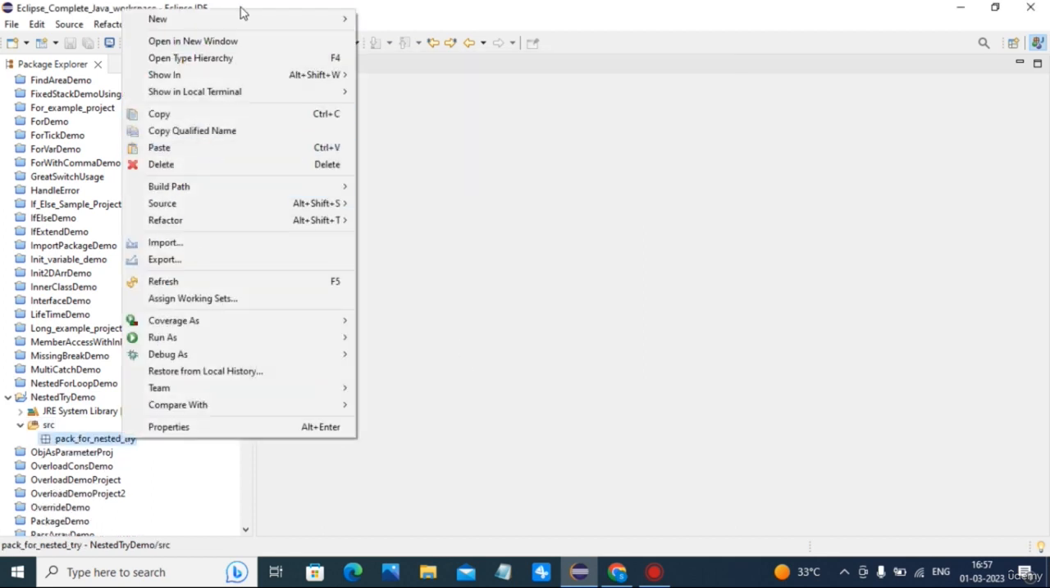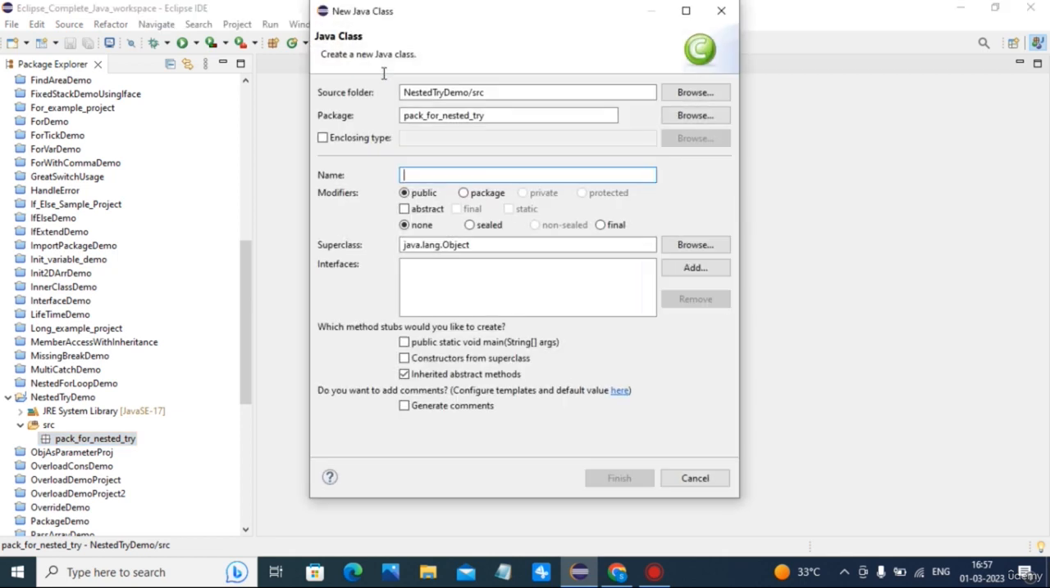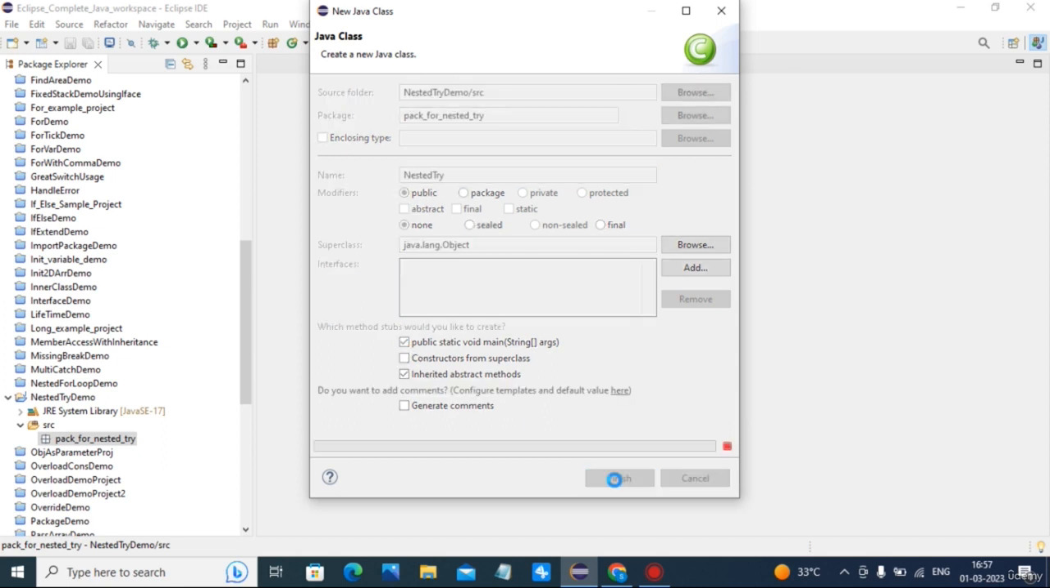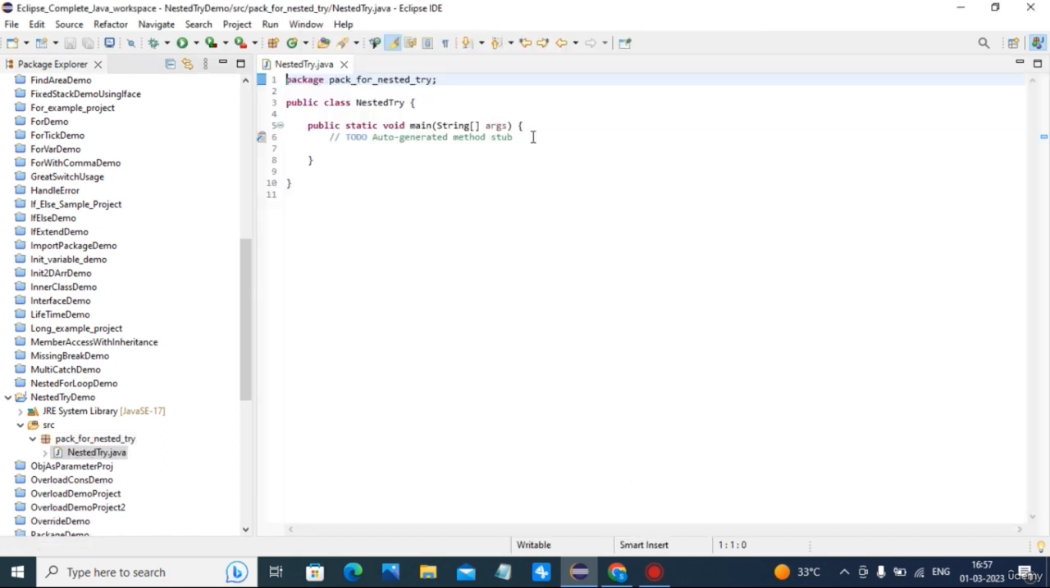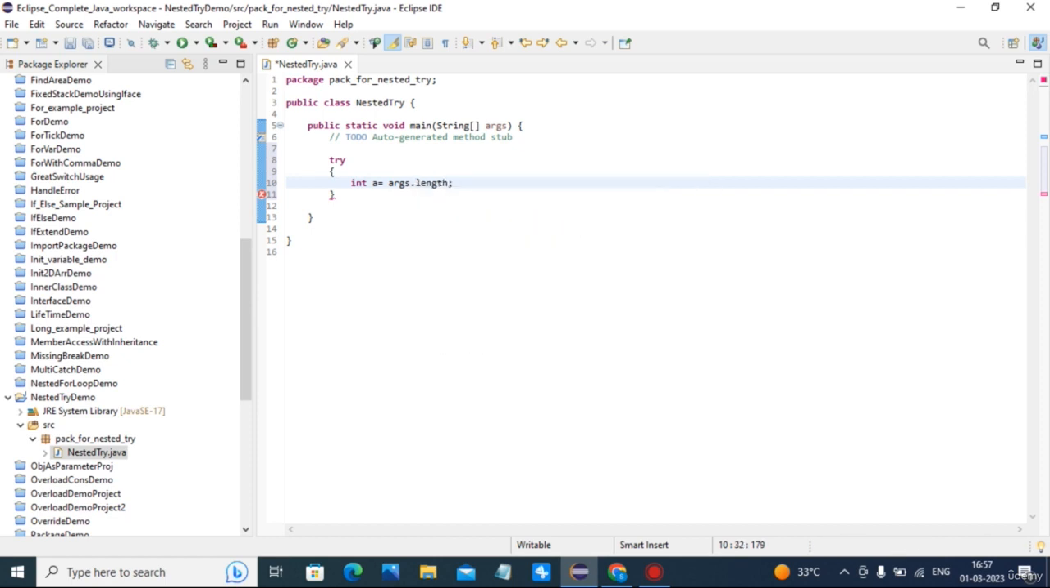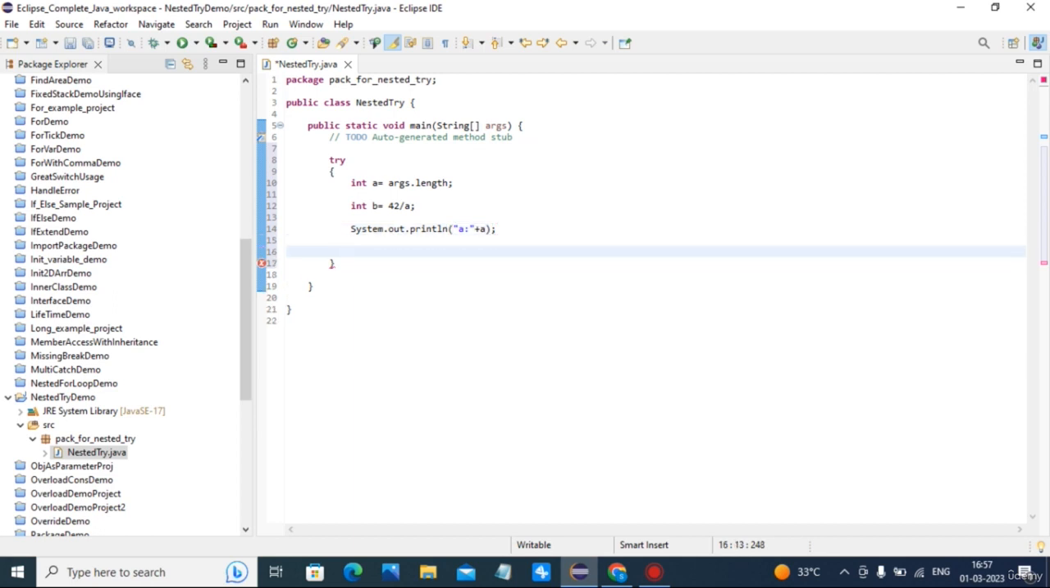Now I create a class called nested try, with public static void main. So everything I will be writing inside try. Int a is equal to args.length. Int b is equal to 42 divided by a. Now I print a is equal to plus a. Then next try. Okay. In the next try,